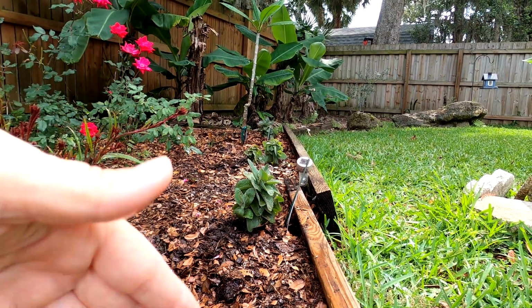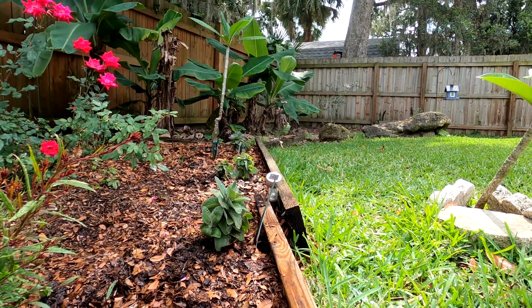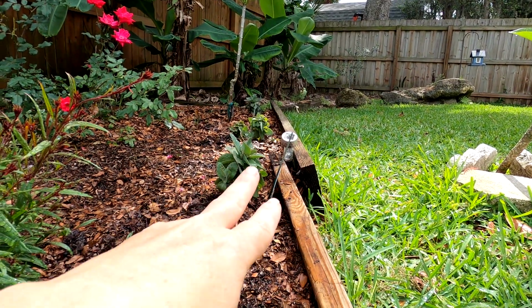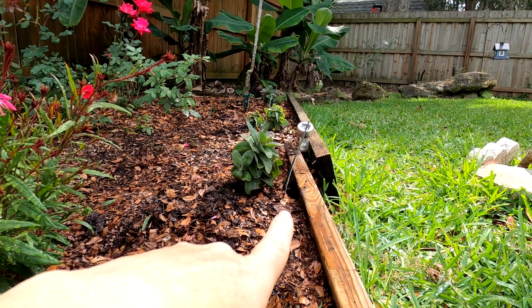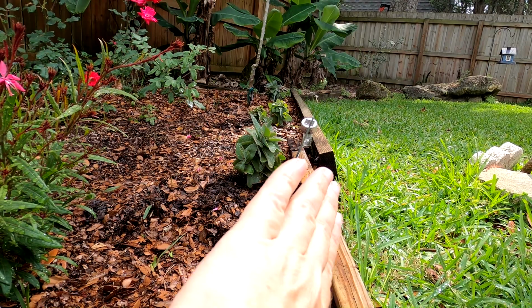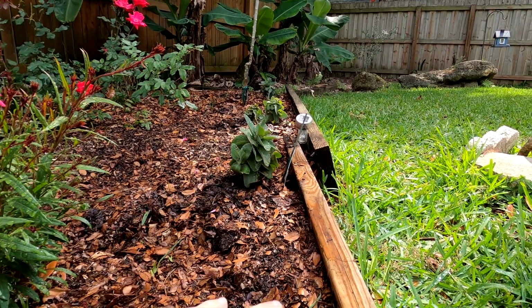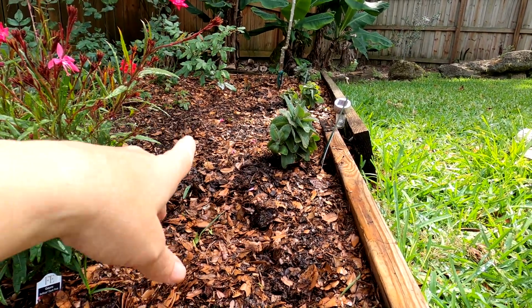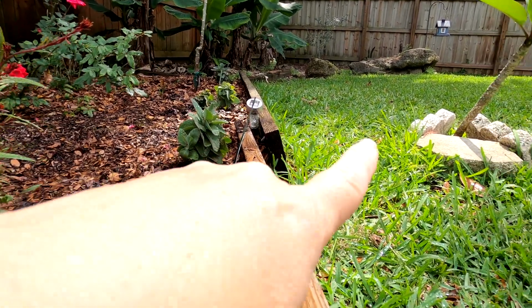And to be quite honest with you, I like this little line right here that'll provide for winter interest, especially when the coop's gone and we can look over here. Now this wood, don't worry, I know it looks awful right now. Jack and I, we were talking about this. There's nails in this board and everything. I found these pieces in the boat barn that he wasn't using, and I threw them up here to hold in the oak leaves. So we're probably going to put something nicer in here,